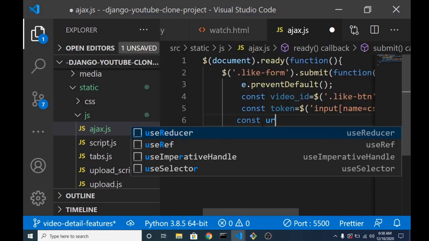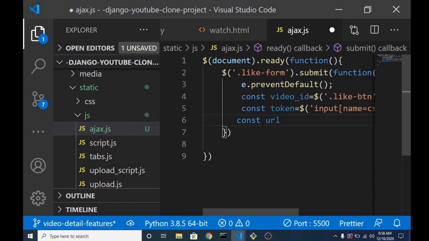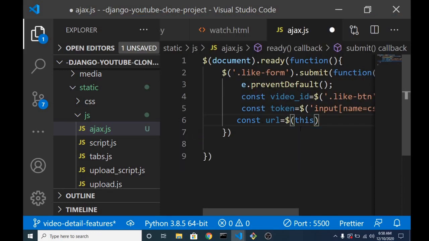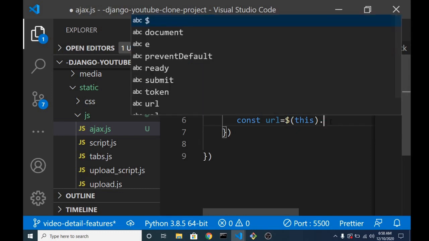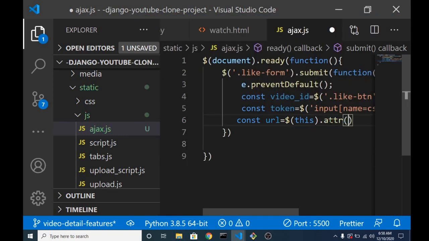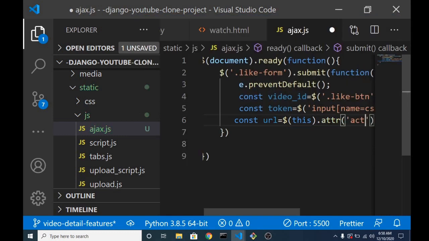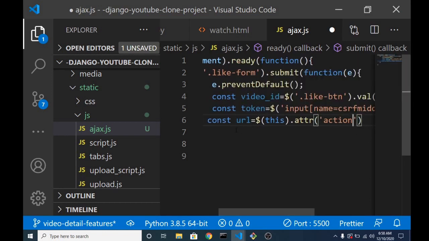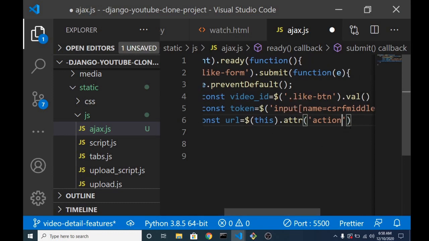So the URL is going to come from the action. We'll use jQuery to get, referring to the form, which is this. This is used to refer to the form that this submit action is coming from. We want to access the attribute called action. Alright, so the value of the attribute called action is going to be the URL that we want to submit this ajax to. So once we get these values, we can make our ajax call